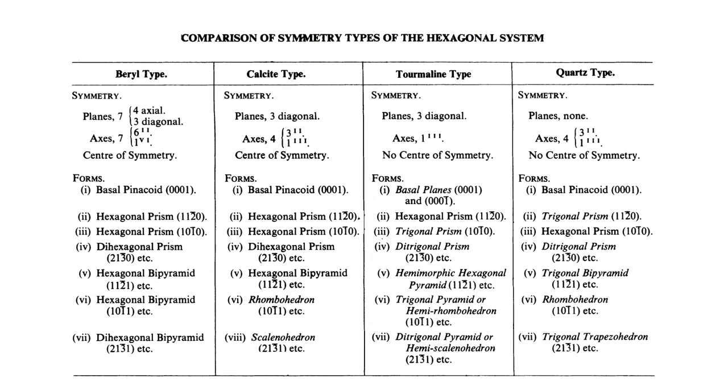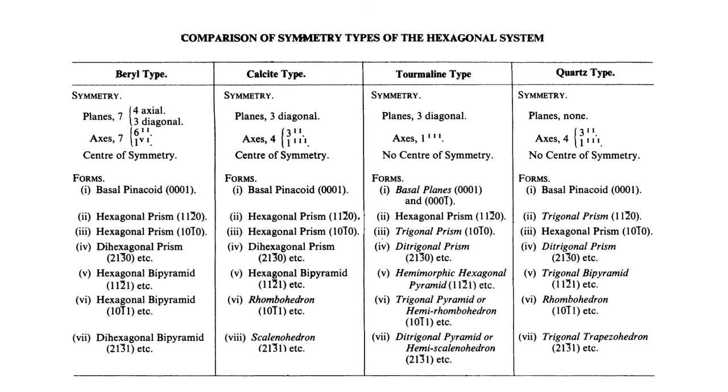So in the hexagonal crystal system we have 4 classes, that is beryl type, calcite type, tourmaline type, and quartz type. In the beryl type we have 7 planes of symmetry, 7 axes of symmetry, and a center of symmetry. Out of the planes of symmetry we have 4 axial planes and 6 diagonal planes. In axes we have 6 two-fold axes of symmetry and 1 6-fold axis of symmetry, and we have a center of symmetry. The forms include basal pinacoid,